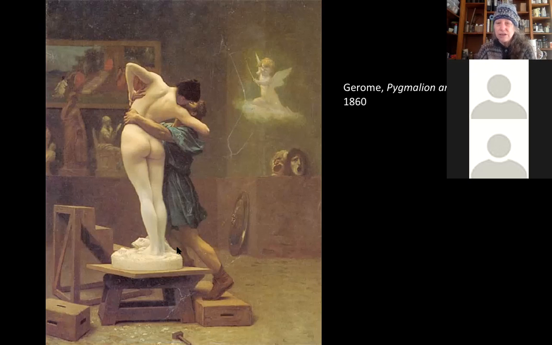Okay, so this is pretty ridiculous, but this is the kind of stuff that in the mid-19th century, 1860 or so, was all the rage in Paris and the rest of Europe, I guess. And this artist, Jerome, was wildly successful making silly paintings like this, what seems silly to us.